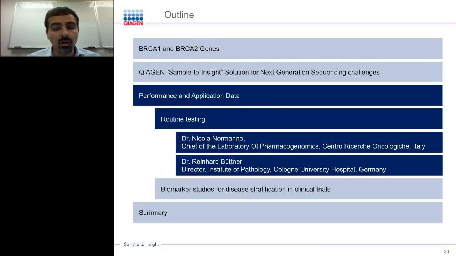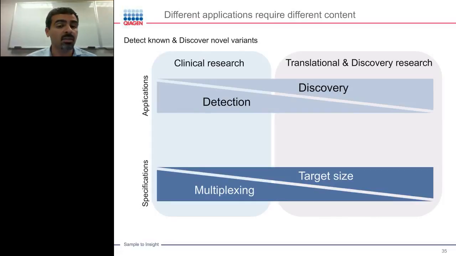So just to go through some performance and application data. Again, the first example I want to show is from routine testing. You can use this BRCA1 BRCA2 panel for routine testing of samples. But before I get into this, I want to go through a brief introduction